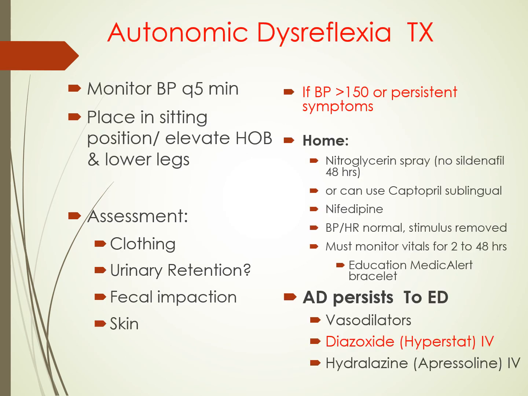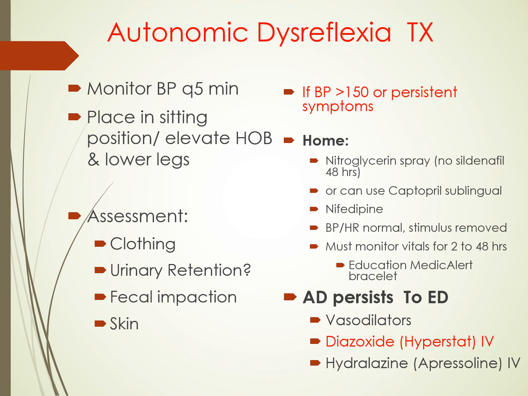Okay, with autonomic dysreflexia, you now know some of the symptoms, so let's look at the treatment. If they have a headache, some stuffiness, severe headache, go ahead and take their blood pressure. And consider that their normal is usually about 90 to 110 systolic, so if it is elevated beyond that, consider that it may be autonomic dysreflexia. So we want to really decrease that blood pressure. So elevating the head of the bed and lowering their legs will help, because we know they have trouble with